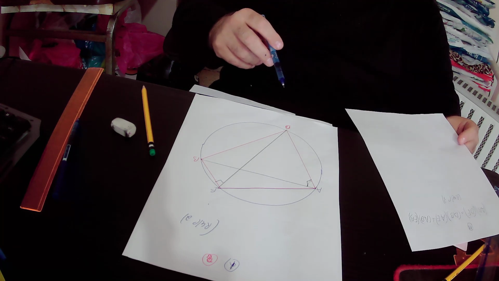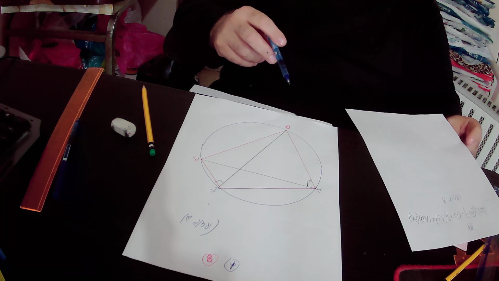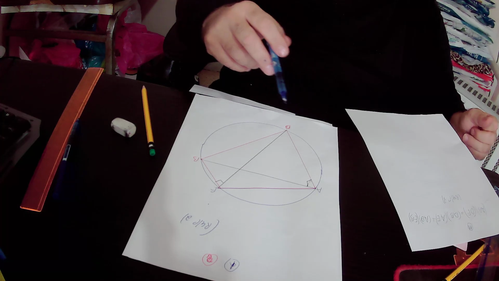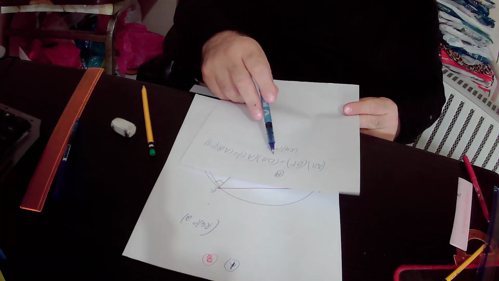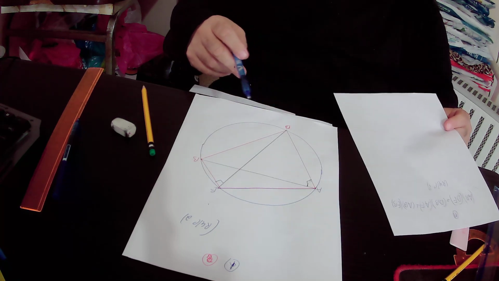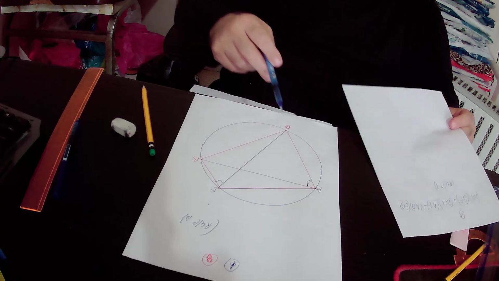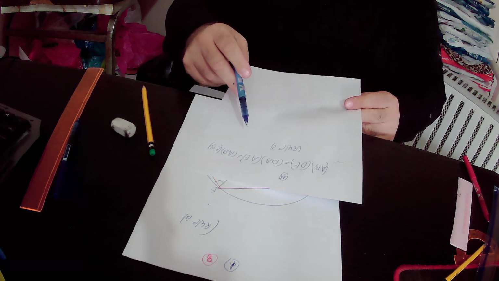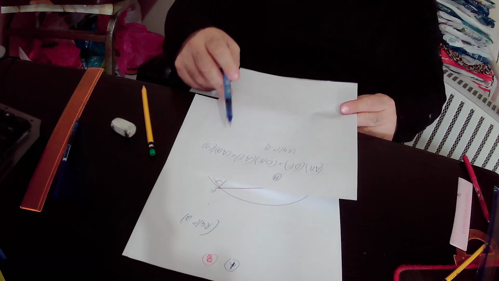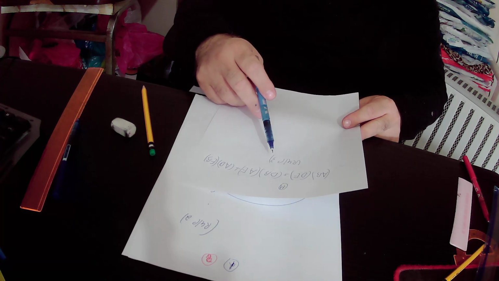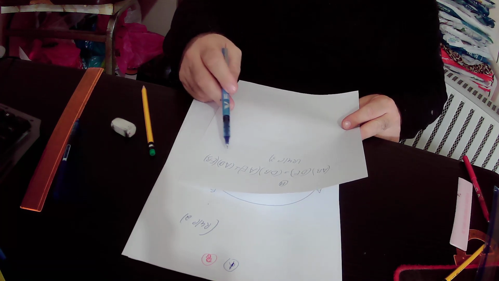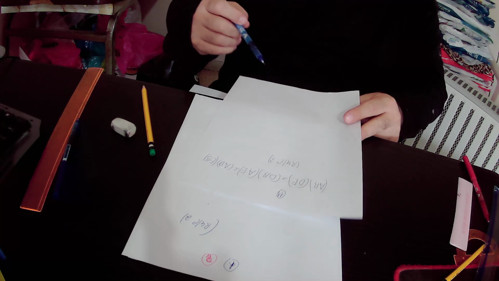The first product of its opposite sides is AE times DB, and the second product of its opposite sides is AD times EB,